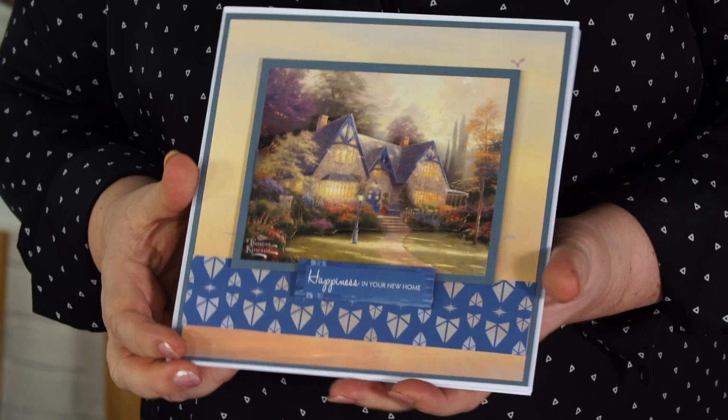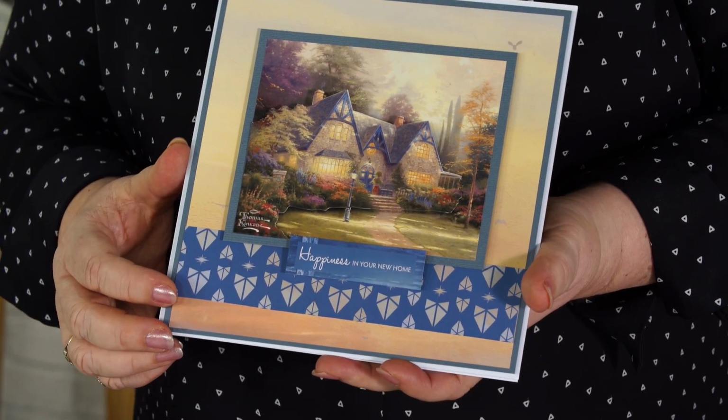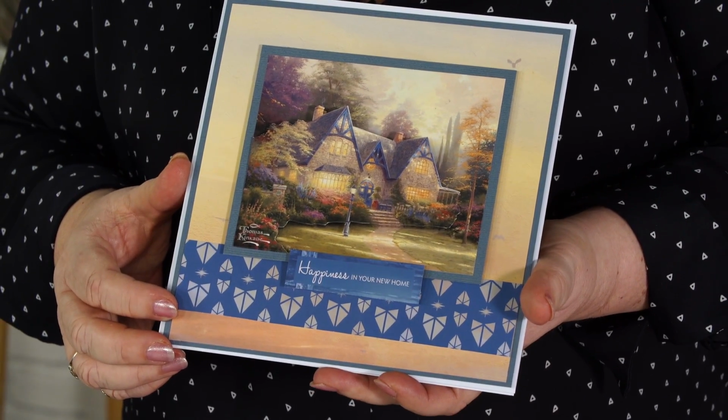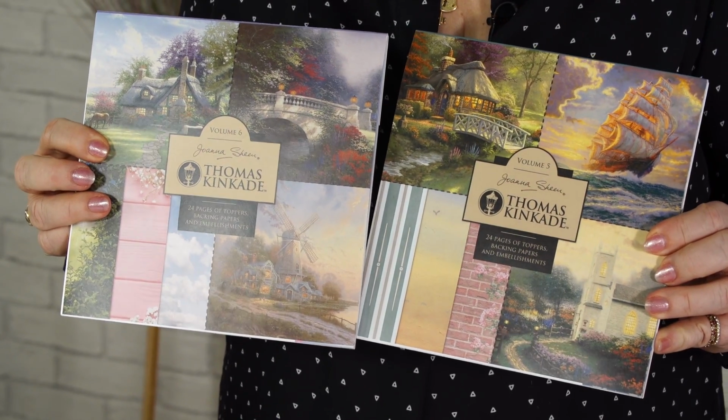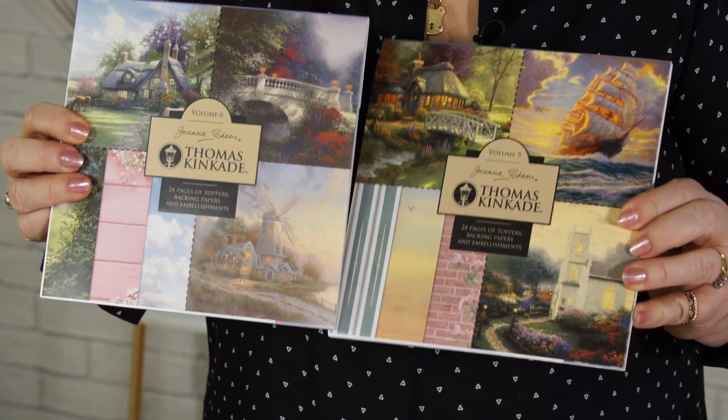Hello, I'm Joanna Sheen and I'm going to show you how to make a really lovely new home card. Now this is the card here and it's very, very simple to make and will, I think, give an awful lot of pleasure to someone who's moving house. It uses a brand new release from Kinkade, pads number 5 and 6, and in it they've got some really